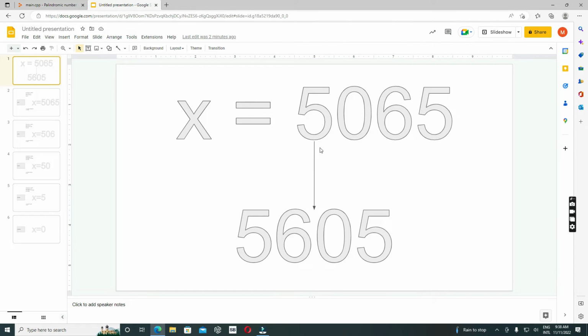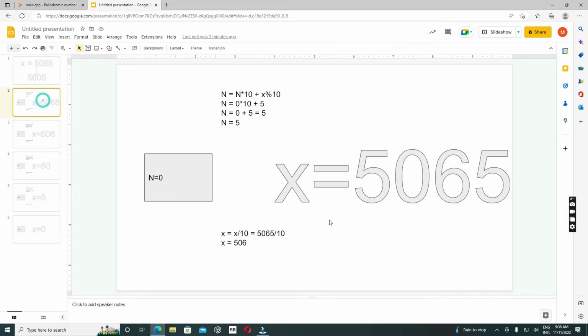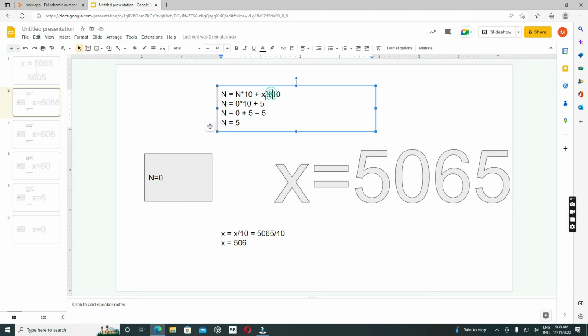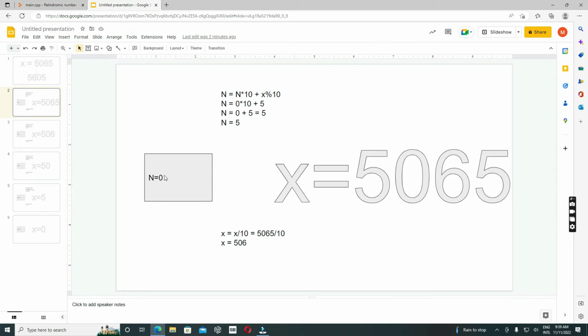So what we have to do, first, is reverse the number. Suppose that we have a number like 5065, we must reverse it to 5605. To reverse a number, first we must get the last digit of the number. By the way, we must have another variable, a new number,